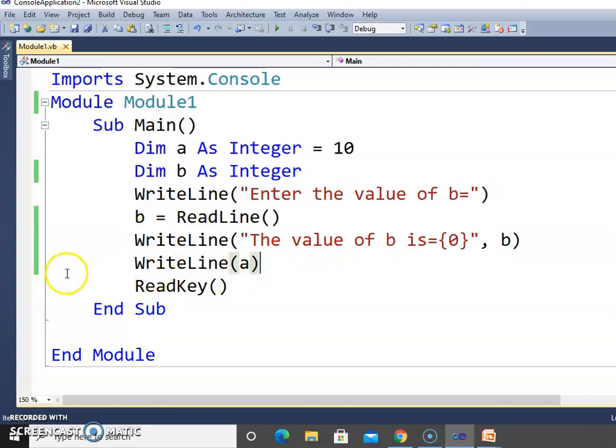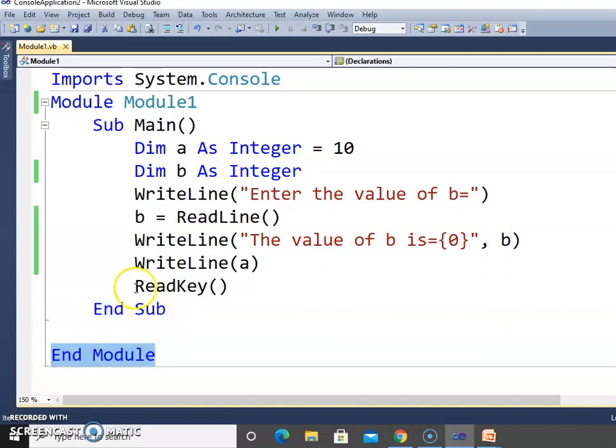Now we display the value of a using the WriteLine function, WriteLine, then parentheses a, then close the parentheses. We give no message with this variable value, we only print the value. Now we use the ReadKey function to display the output. Then we close our Main function and close the module.